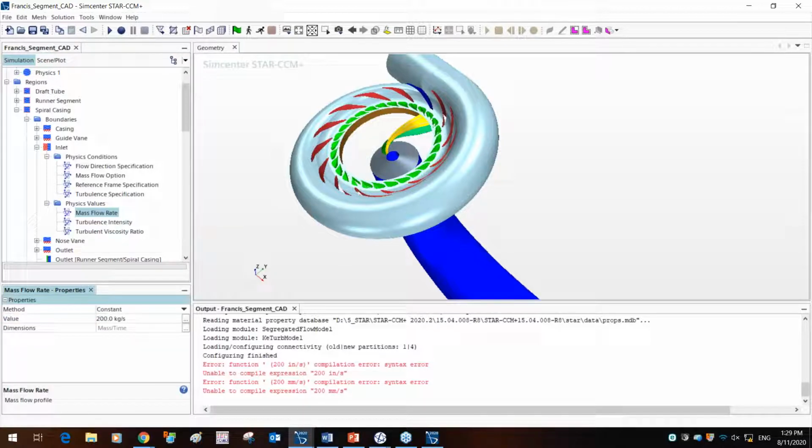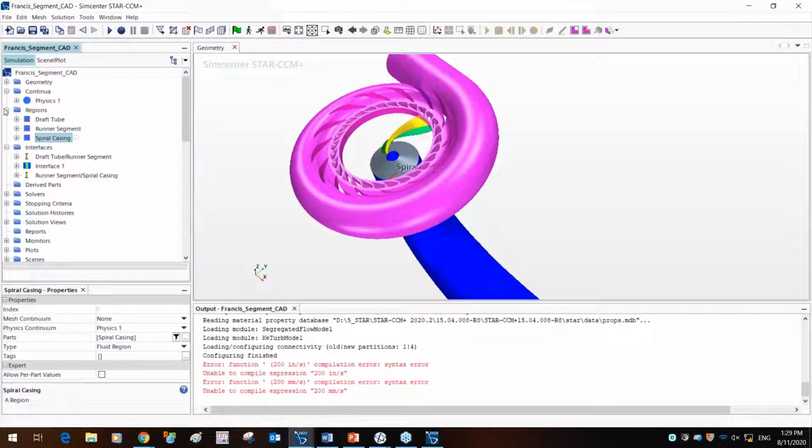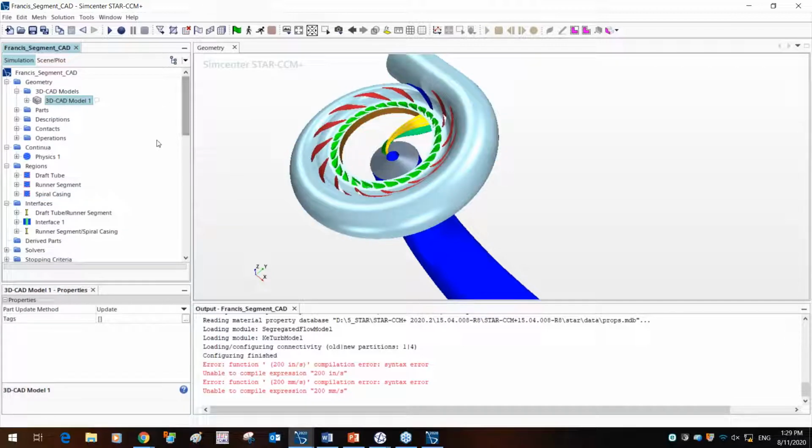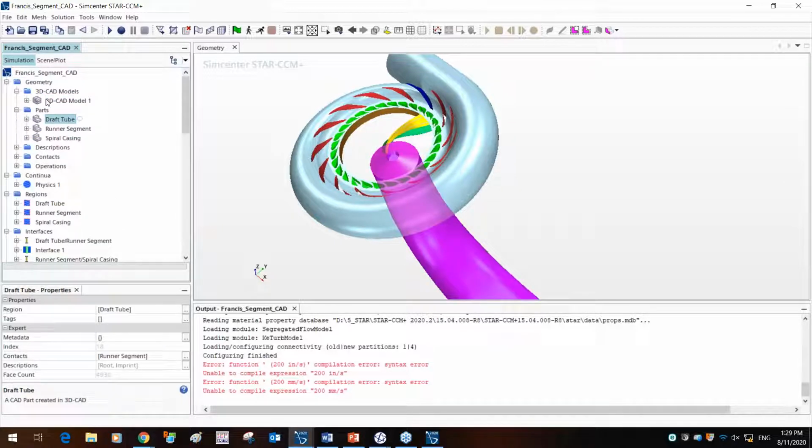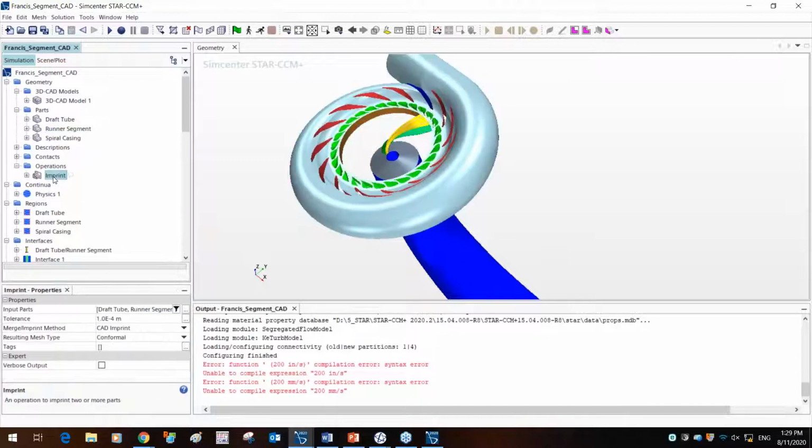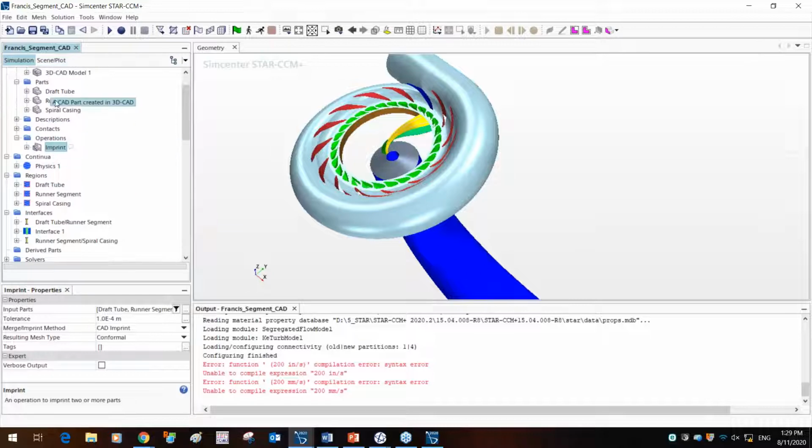All right. So essentially, we've set up all the boundary conditions associated. I'm just going to go through a quick overview of what I just did. We had the geometry being imported, all the CAD parameters being set up within the 3D CAD model. Then the parts we wanted to be run in the simulation, we created parts out of them. Then we created an operation called the imprint operation to make sure everything was conformal. We then assigned parts to regions so that we can apply the boundary conditions. We set up what the boundary conditions were.